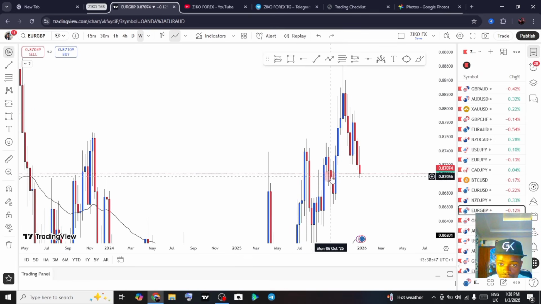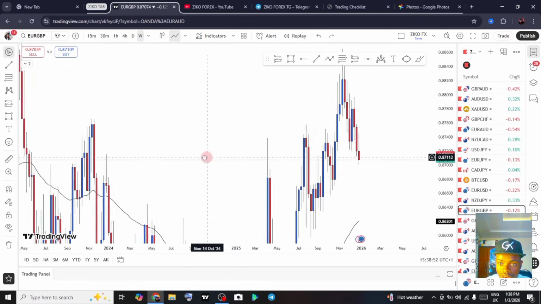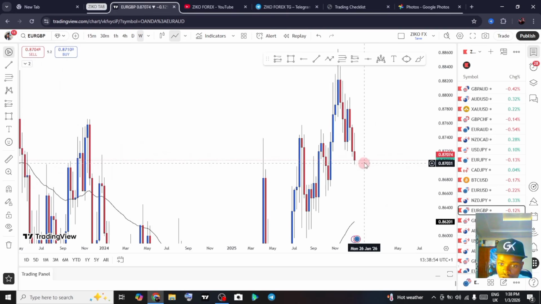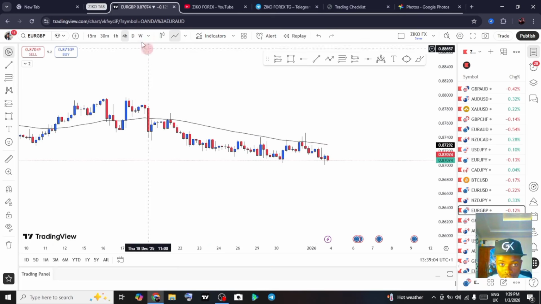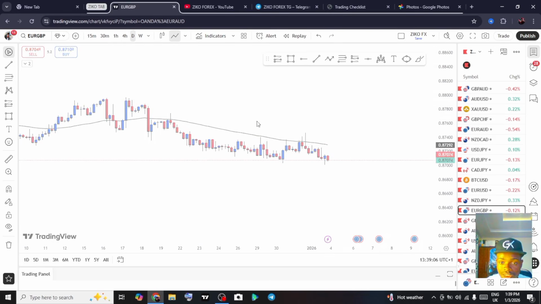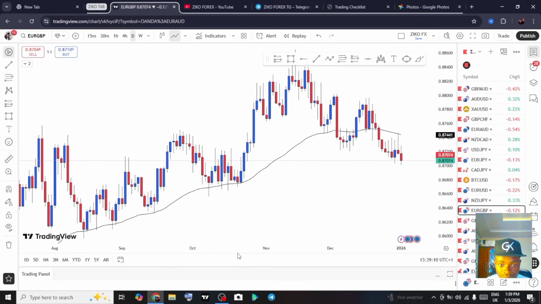Now, if this market is going to buy from the weekly, it means that this area is not so much of a bad area to be buying from when we have a confirmation. That's what the weekly is telling us, but every other time frame is telling us bearish. So let me go back to the daily time frame and see if we can find an area of interest there. All right, so on the daily time frame right here,